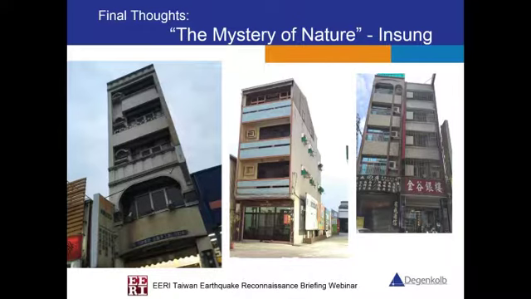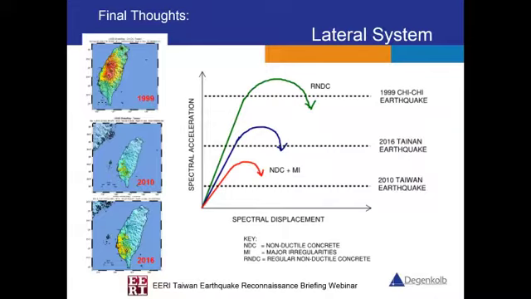Remember I talked about the 10-story Wanling Hotel, which actually survived the 2010 Jiaxing earthquake, but unfortunately it didn't survive the earthquake this year. One thing we found is that some buildings survive a particular earthquake because the earthquake is not strong enough. If you have a stronger earthquake, those vulnerable buildings are still there, and they could be damaged in the future. So one of the major takeaways from this trip is that those vulnerable buildings are there, and we at least need to do something about them, either upgrade them or do evaluation to prepare for the future earthquake. With that, I'm going to pass the presentation to the next speaker,